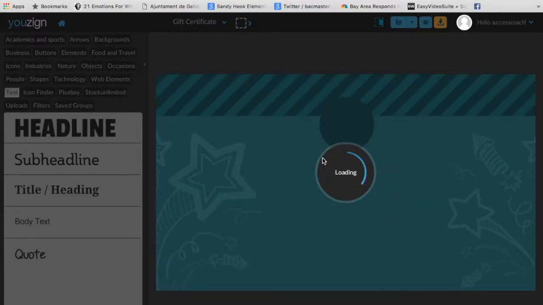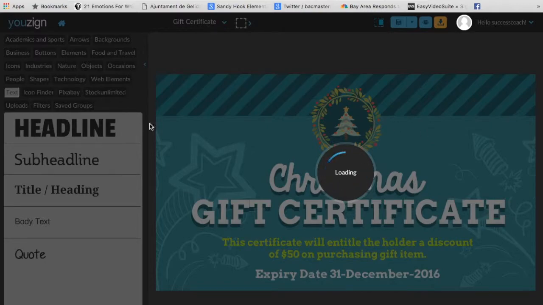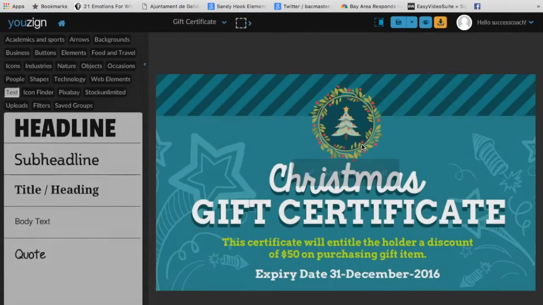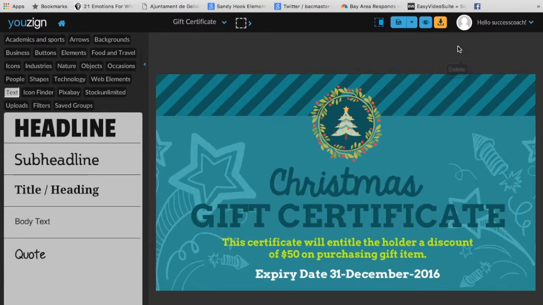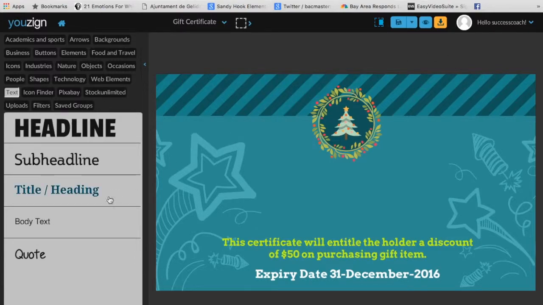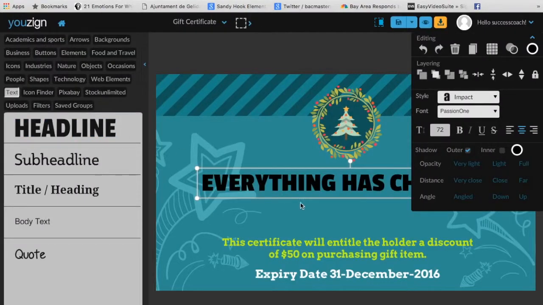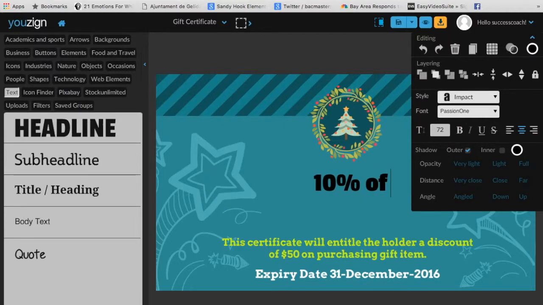So everything is put out here. And this gives me an idea. So I'm just going to call this test. Okay, a nice name here. Now, here what I have is the different types of text that I can use. So I want to change this text. I'm just going to click on it. I'm going to click on delete here, because they have it done fancy. I'm going to say put in a headline here. And I'm going to say 10% off